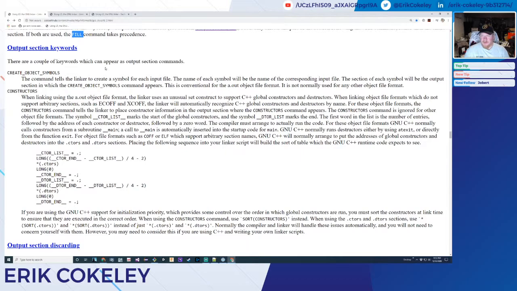It is not normally used for any other object file format. Is it a way to just kind of save all of the input file names into your output file? That sentence just doesn't make sense. Is this saying the input sections for each input file that has a symbol will be the output section in which